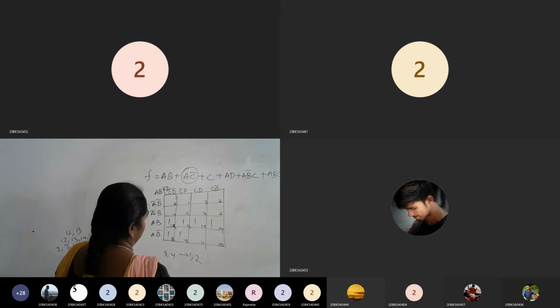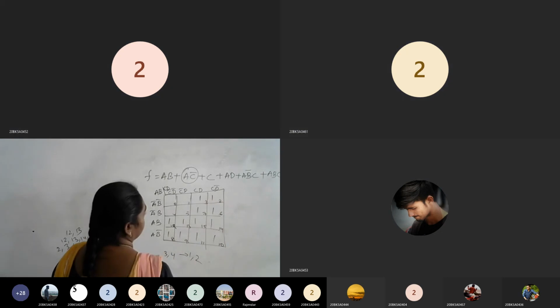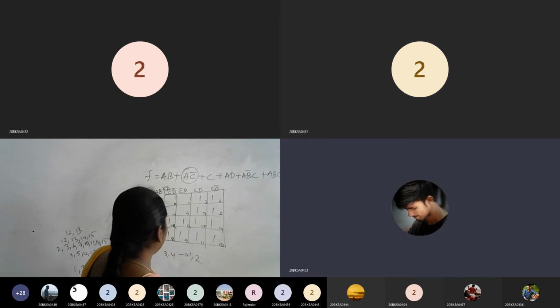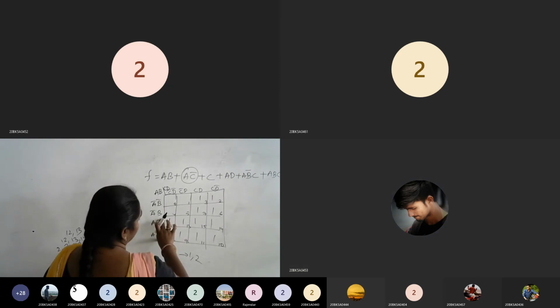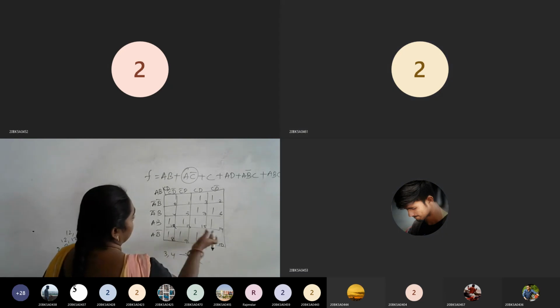C. Where you are having C? Third and fourth column. So you need to keep blindly third and fourth column. For C, you got 2, 3, 6, 7, 10, 11, 14, 15. Fourth is A, B, D. Which row? Third and fourth row. D is second and third column. Which elements? 13, 15, 9, 11. Already we have 15. Mapped 9, 11, 13, 15.